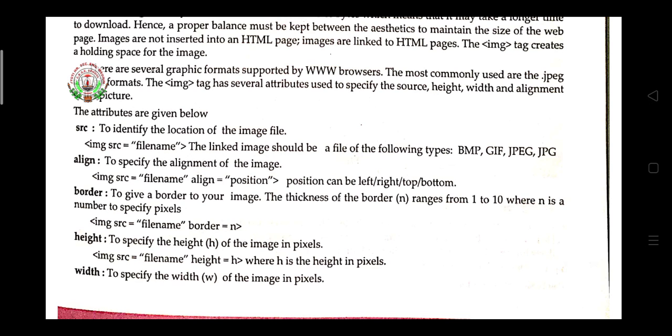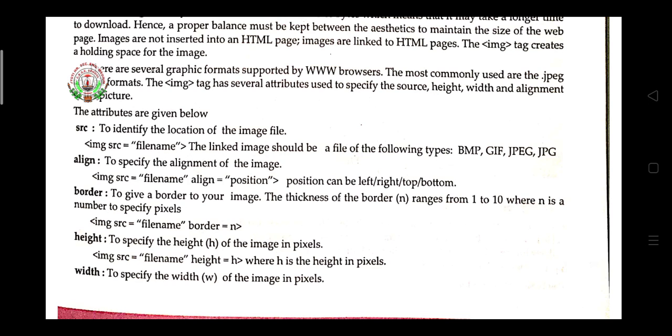Then alignment, align, whose full form is alignment. So here you have to write align to specify the alignment of the image, and you must give src. And then alignment means the position where you want to insert your image: right side, left side, bottom side, top side.